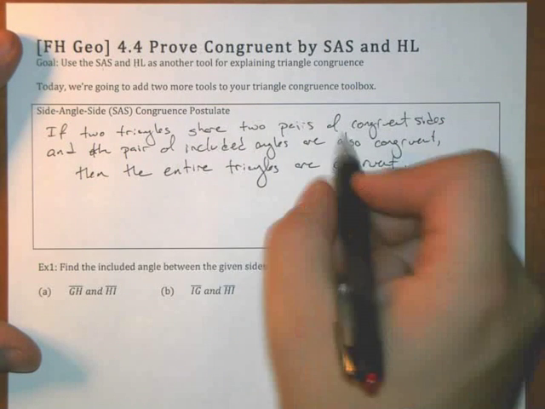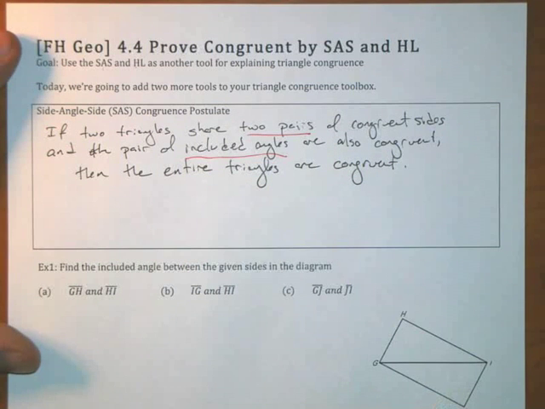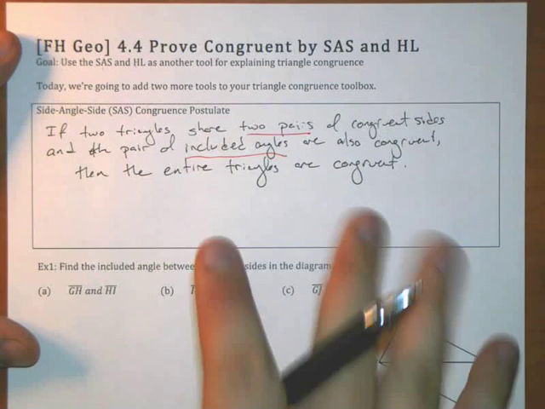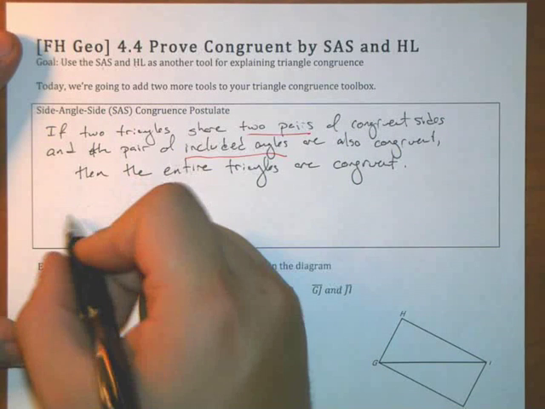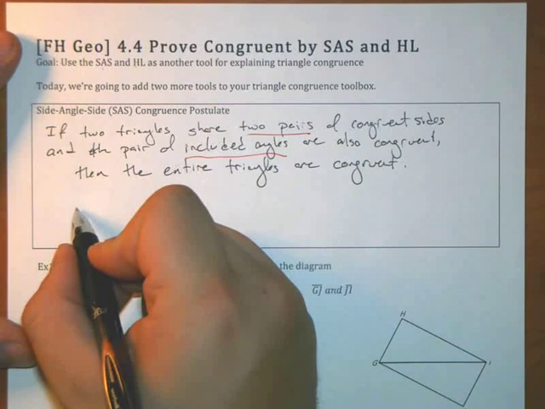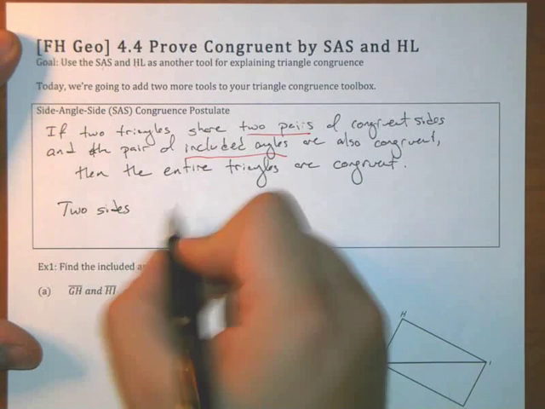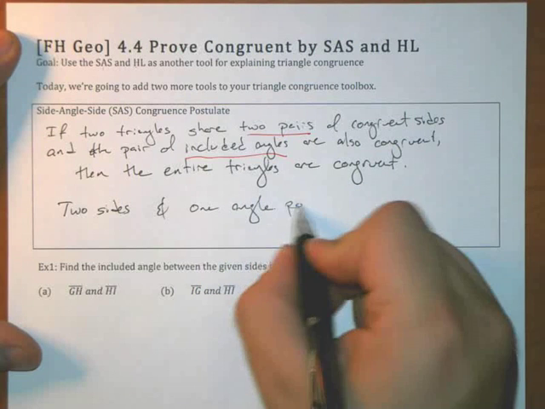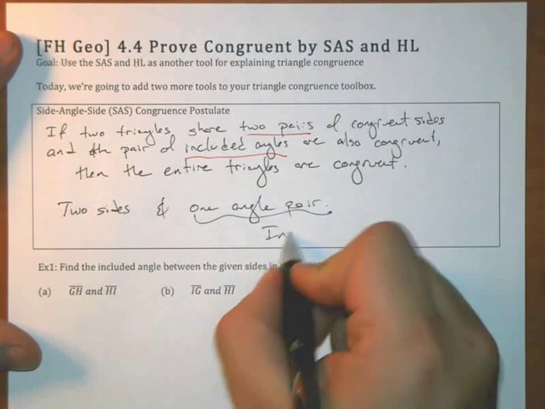So an important piece here is that we have two pairs of congruent sides and included angles. We'll talk about included angles in just a minute. But what this means is that yesterday we had to show three pairs of congruent sides for side, side, side. For side, angle, side, it says we only need two sides. If we can get two sides and one angle pair, then we can be in business. But this has to be the included